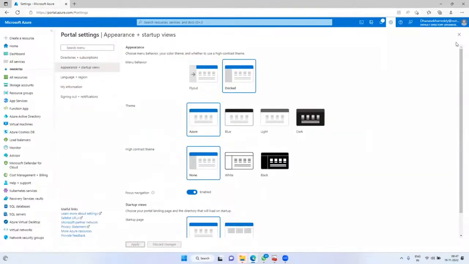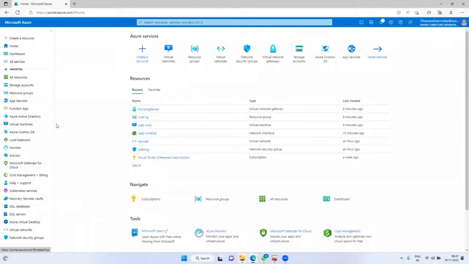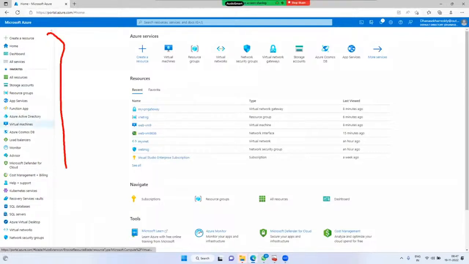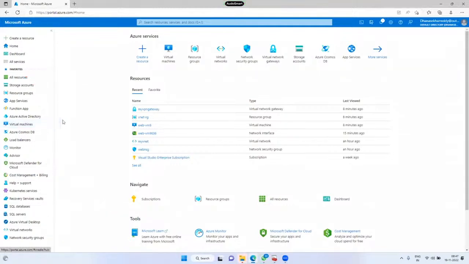When you apply dock, you will get the blade permanently on the left side. This is the blade, showing permanently on the left side.